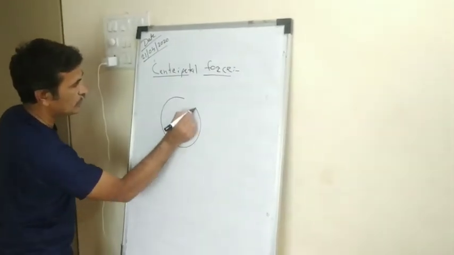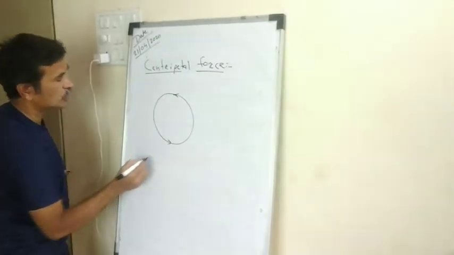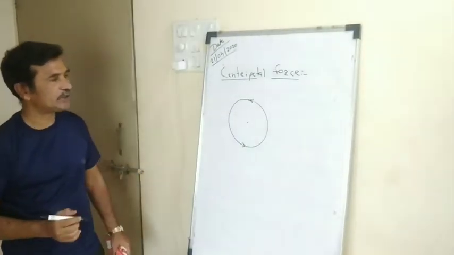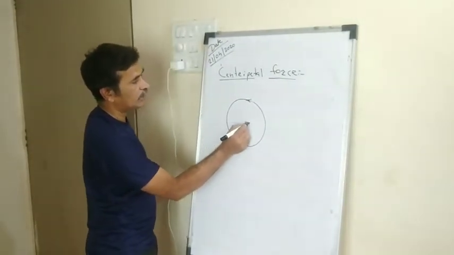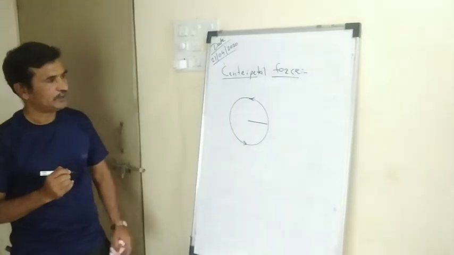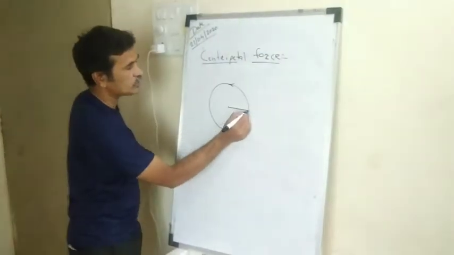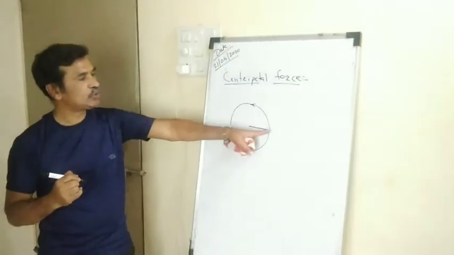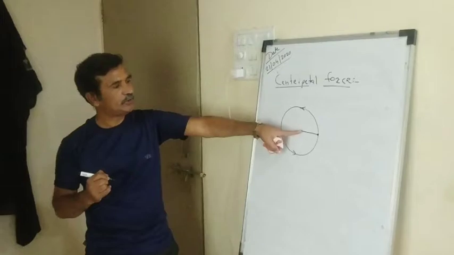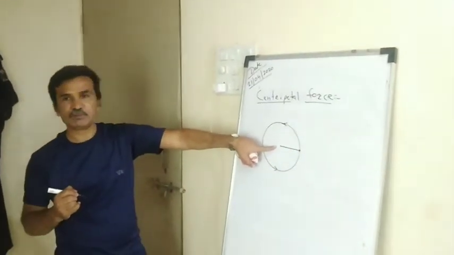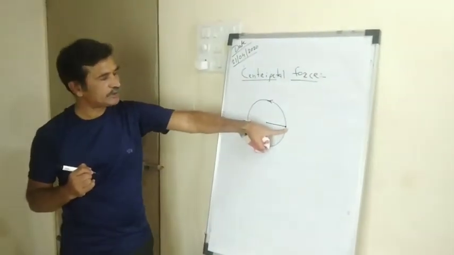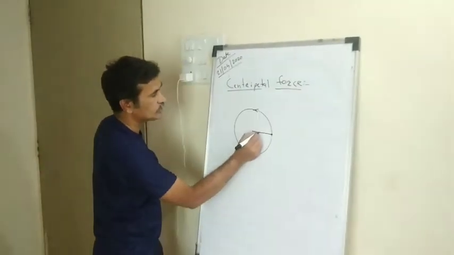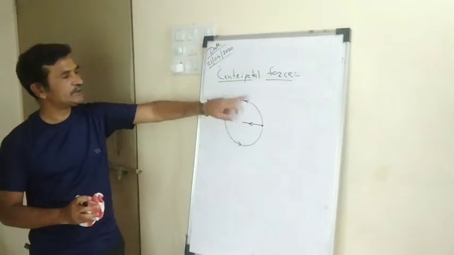So again, we consider a body in UCM. So consider a body which is moving along the circumference of a circle. To understand this concept, consider a man standing here and a rope in one hand, and the other end of this rope is connected to a stone, a piece of stone. When this rotates in circular motion, this stone is bound to the person. That means a force is acting on this body which is concentrated at the center. So this force is responsible for this circular motion.